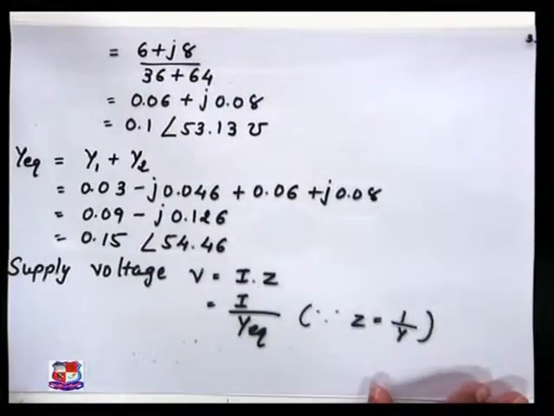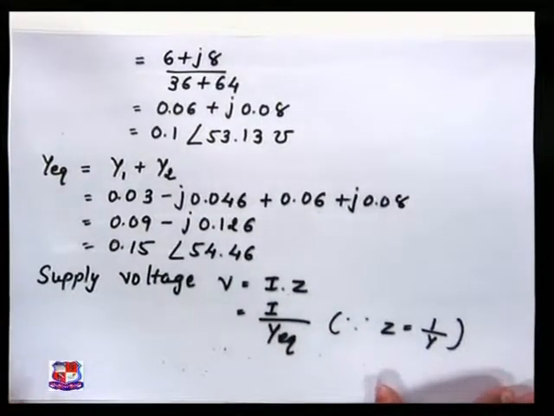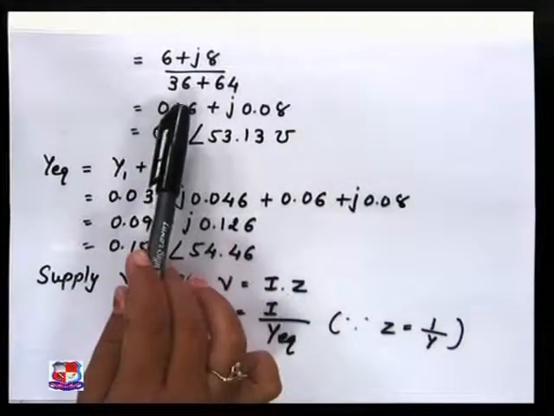So your Y2 is equal to 6 plus J8 divided by